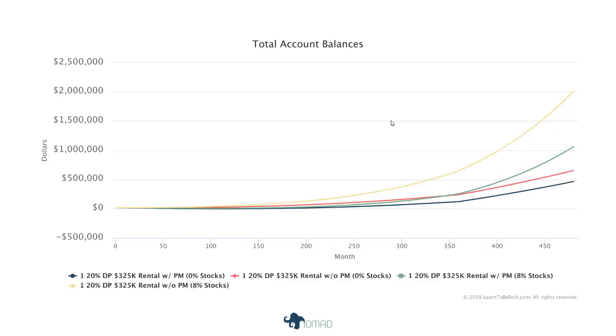So really, if you compare all four of these, this blue line is you get 0% return on your money, but you actually pay a property manager. The red line is you get 0% on your money, but you did not hire a property manager. The green line is you got 8% on your money and you hired a property manager. And the yellow line is you got 8% return on your money and you did not hire a property manager. So the best thing you could do is not hire a property manager and get 8% return on your money,